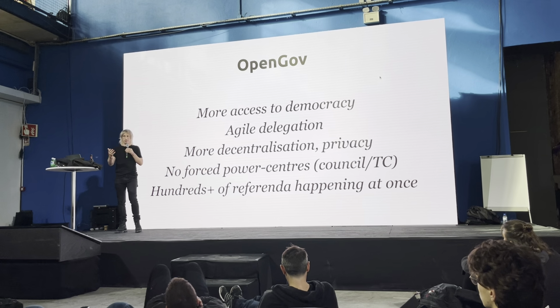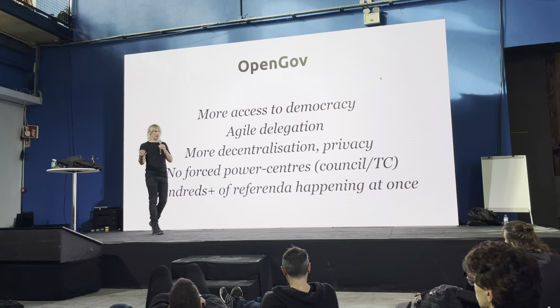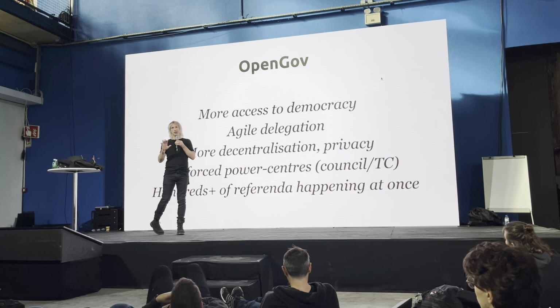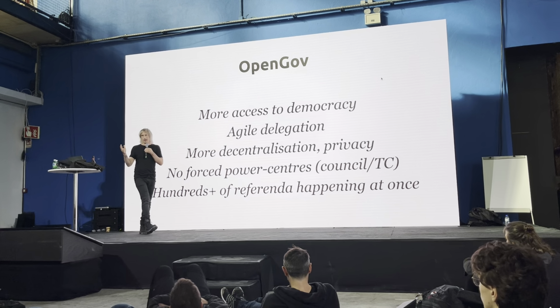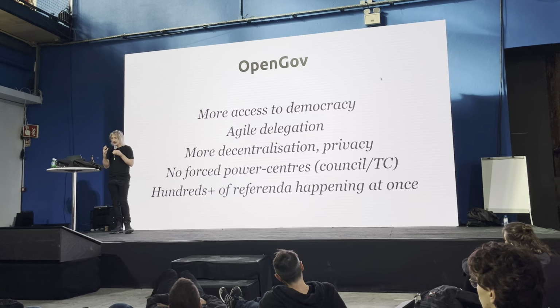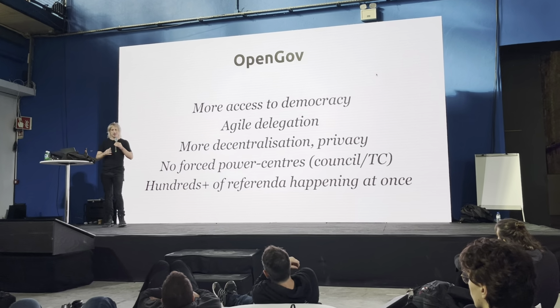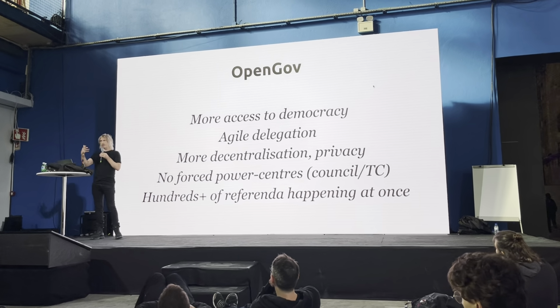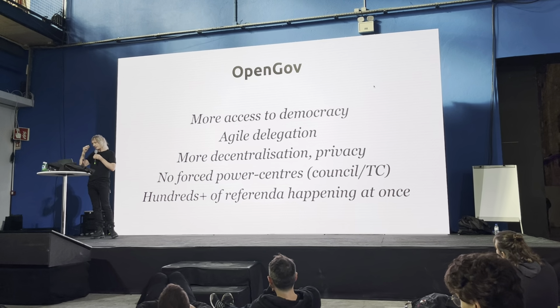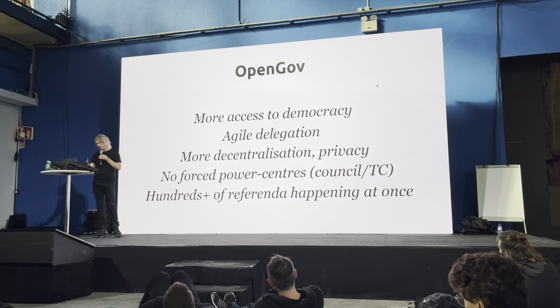As you might be aware, at the moment we have 28 days per referendum and only one referendum at once, excepting fast tracking on Polkadot. And it makes things very difficult to get through, and because everything has to get through on this same pipeline, a lot of things basically fall by the wayside. Well, that's no more with OpenGov.